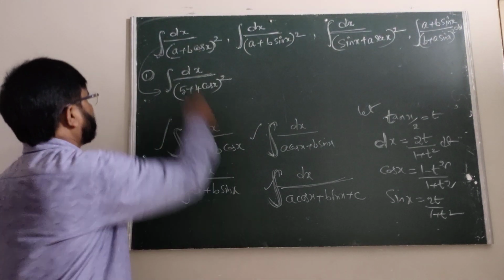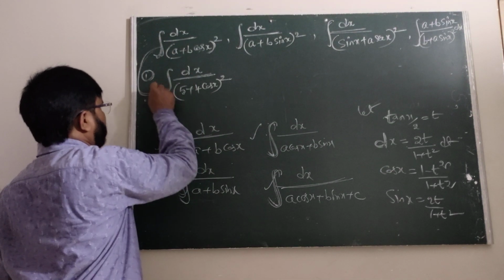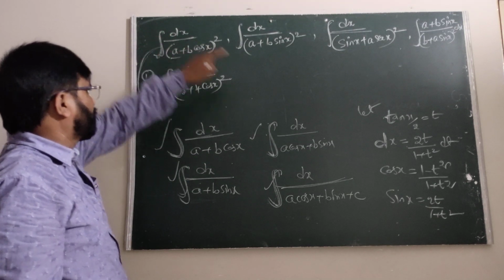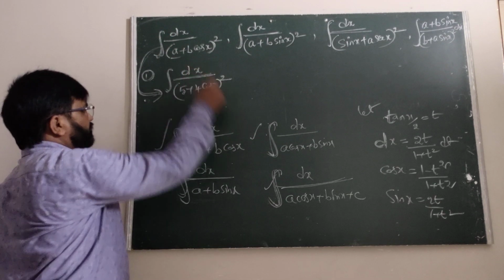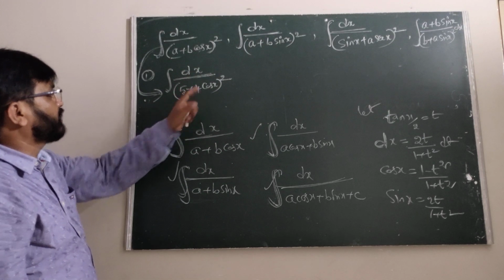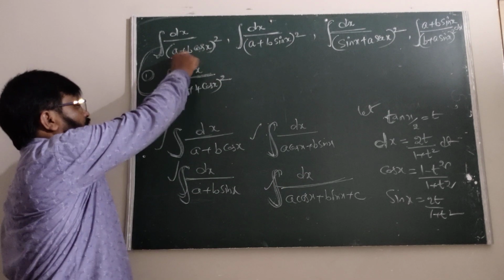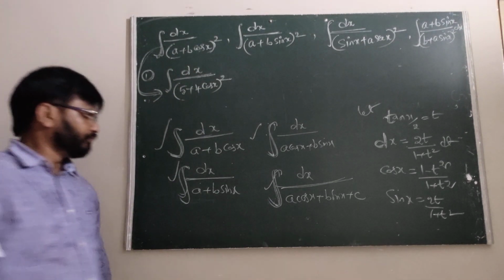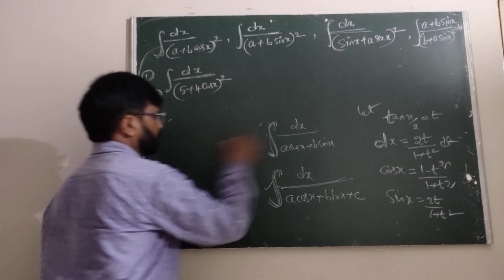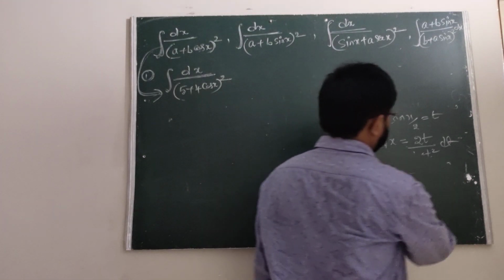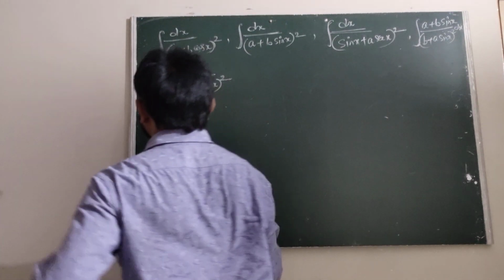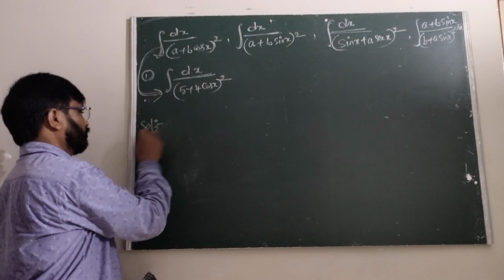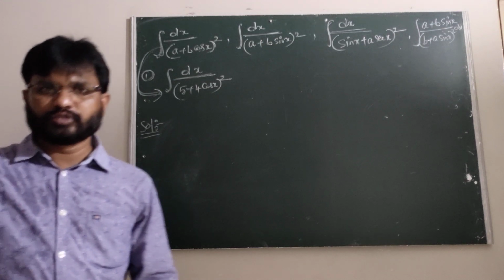Suppose we take an example for model 1, here the dx upon (a + b cos x) whole square. This is dx by (5 + 4 cos x) whole square, where a and b are 5 and 4. How to evaluate this one? Now here